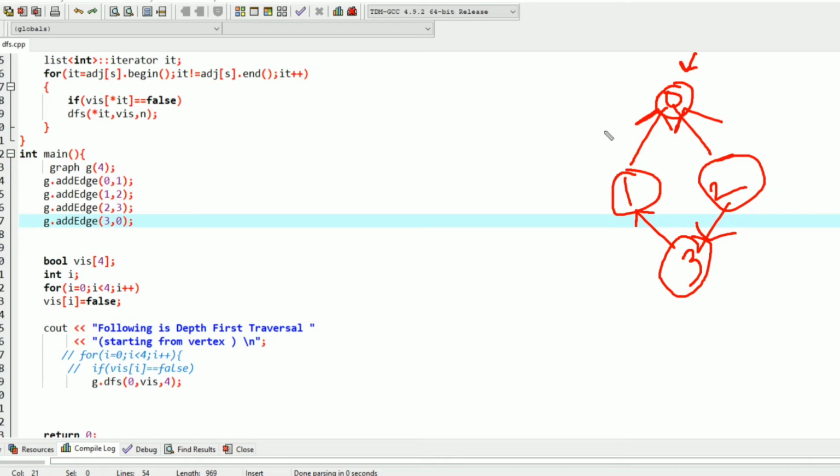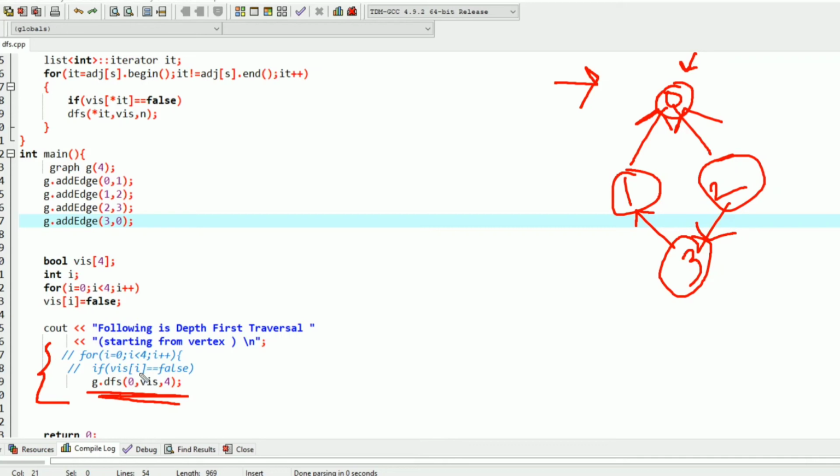Okay, so in order to handle this type of graph in the main function, while calling for vertex 0, what we need to do is write a for loop. The reason is, suppose we have included this for loop, our i is 0.